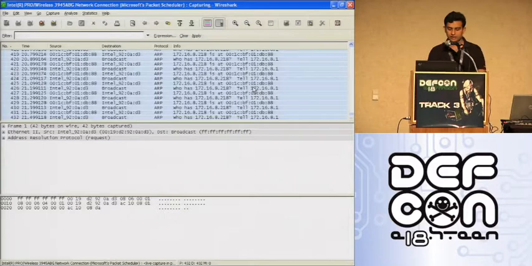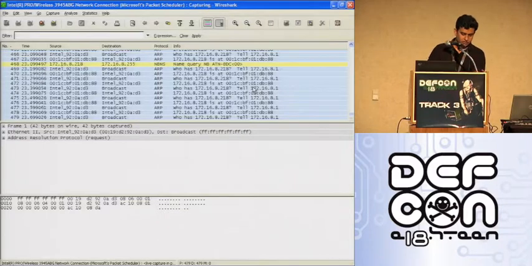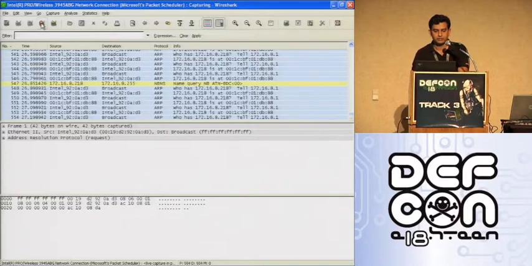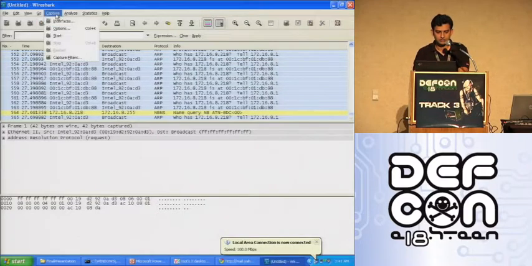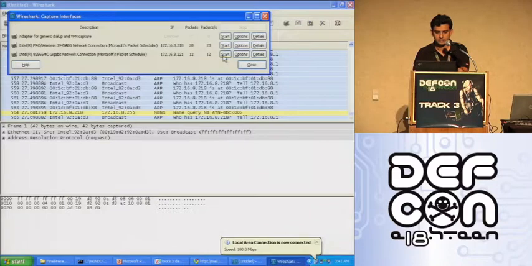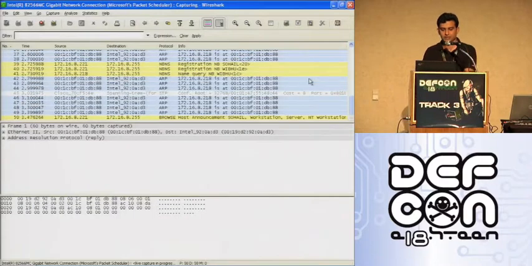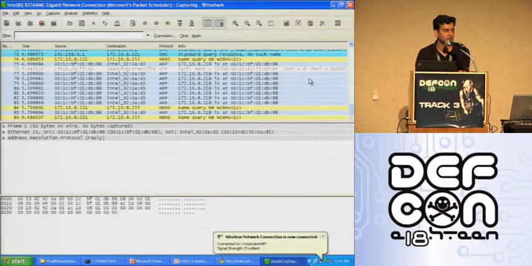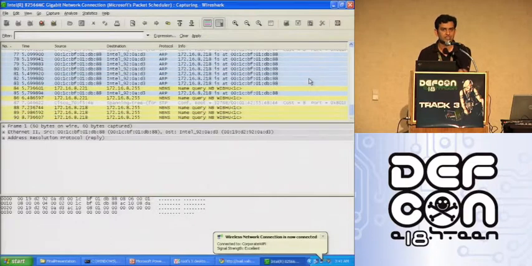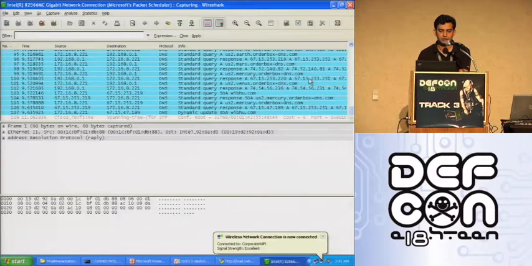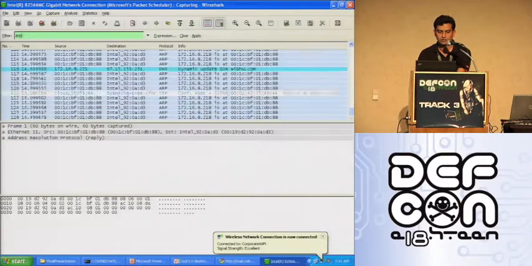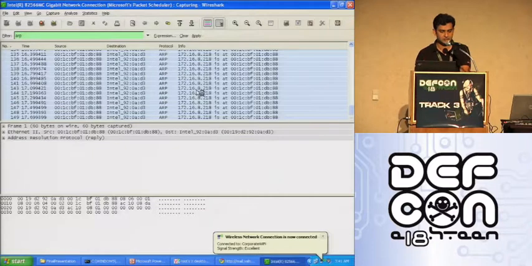Now let me quickly connect a wire and we will sniff what kind of traffic is flowing on the wire. And here you can see there is no broadcast ARP request packet coming on the wire. The packets which I was injecting are going directly over the air. These are the responses sent by my client device. So the footprint of the attack is available only in the air. It's not available on the wire. Okay.